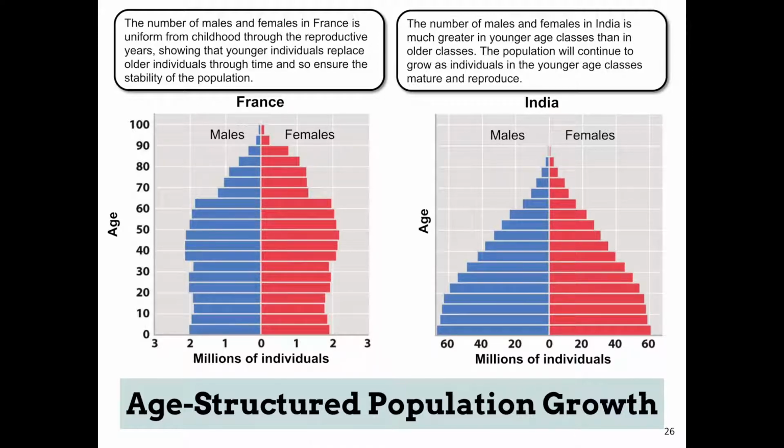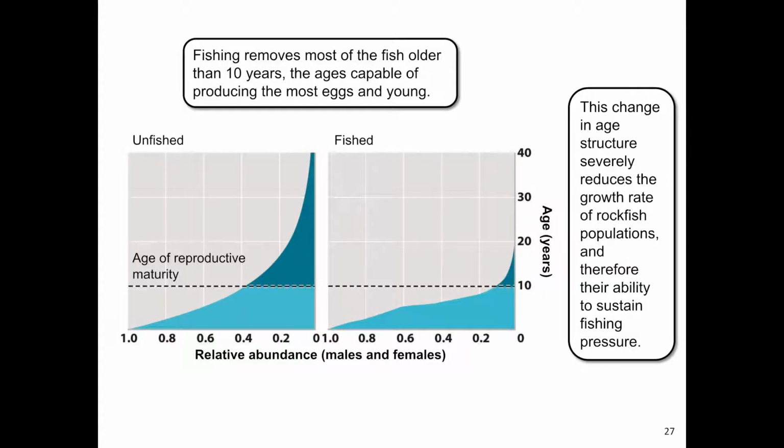In humans, differences in age structure reflect in part socioeconomic variation among countries. But differences in the age structure of non-human species could reveal threats from various sources, and the next slide that I show you will be an example of that. So the age structure of fish populations, for example, can be affected by the preferential capture of the largest